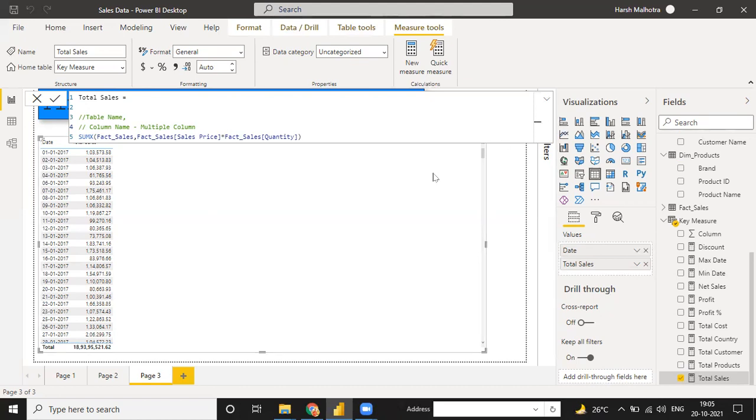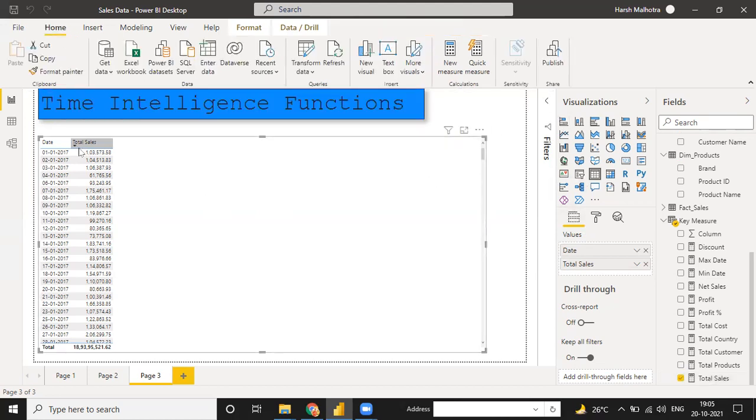Okay. So now, guys, we have date-wise sales. Suppose 1/1/2017, and we have day-wise sales. So now we have one function name. I can write it in my list here.